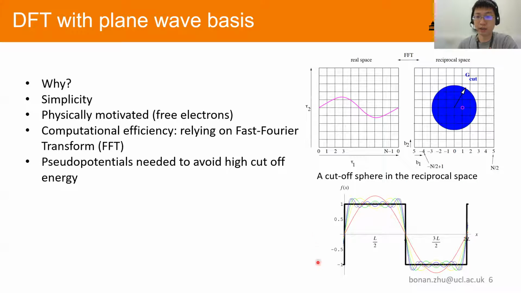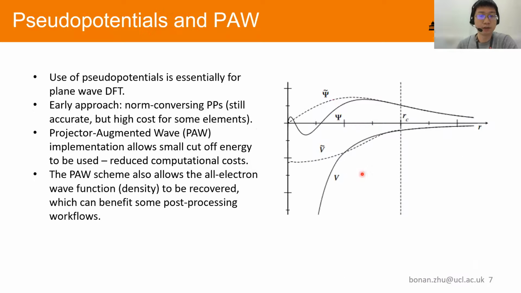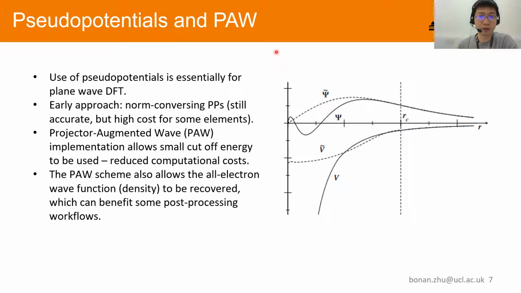Another example is that if you have any function, you can expand it onto this plane wave basis set. Here is an example of a square wave, and you can expand it using an increasing number of plane waves, and it gets better and better. But of course, the expanded function does not look the same as the original function. This is because this square wave function is very sharp. So to solve this problem,